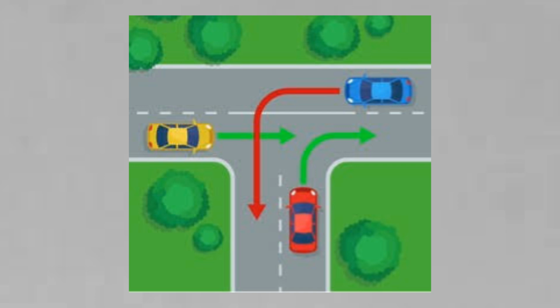Imagine three cars at a three-way intersection, each needing to move into the lane currently occupied by another car. Car A needs to move to car B's lane. Car B needs to move to car C's lane, and car C needs to move to car A's lane. All cars are stuck waiting for the other to move, causing a deadlock. This example mirrors the deadlock in computing, where processes are stuck waiting for each other to release resources, leading to